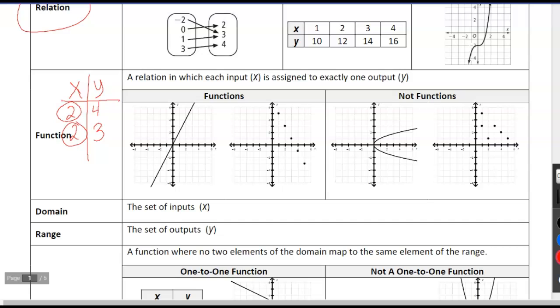Okay, here x goes to exactly 1 y, so these are functions. Okay, yes, these are functions, but over here, no, these are not functions. And again, if I were to make a table, look what happens here. All my x's start to repeat. So I have 2, 2, or whatever that is. Looks like, I guess, 1.5, but I have, and then I also have